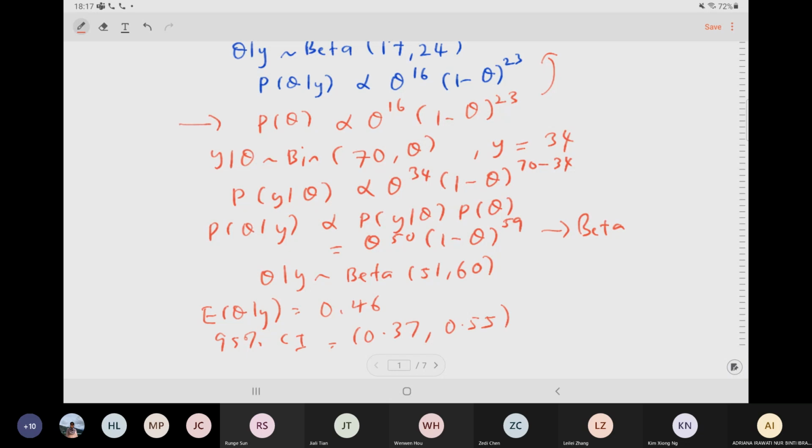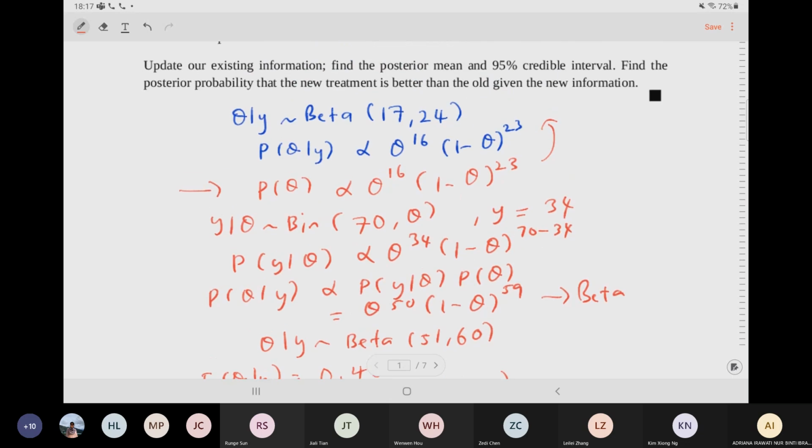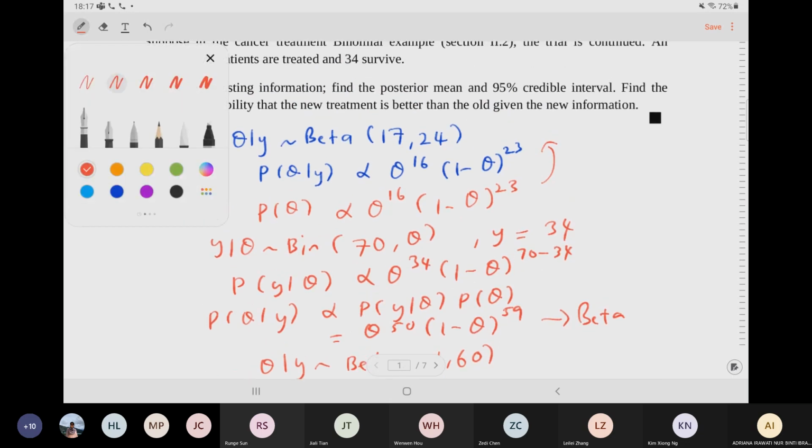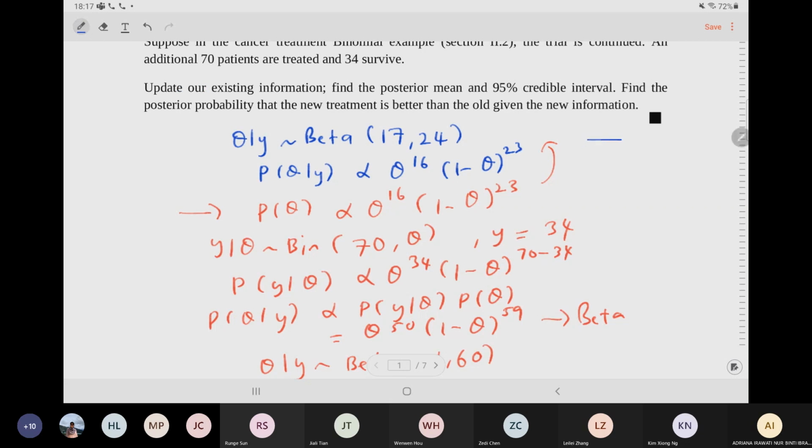And the old credible interval is, I think, 0.29,